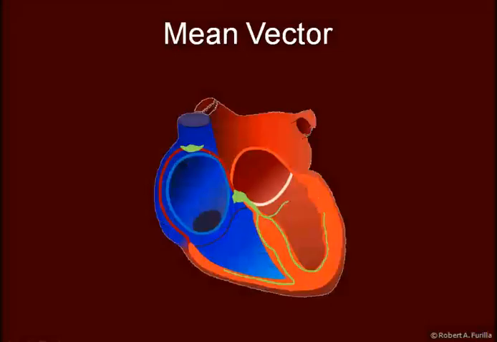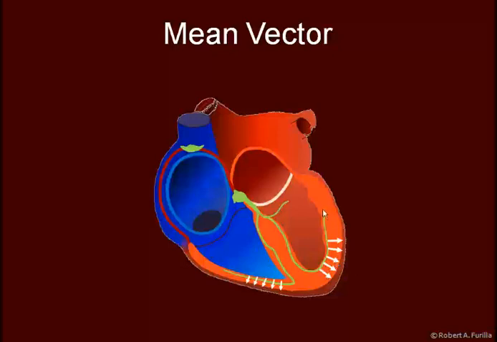In addition to the electrical activity moving down initially through the septum and then down and around, left, right, etc., all the way down to the apex, the vectors also move from the endocardium to the epicardium. In this case, I'm showing the electrical activity beginning in the endocardium and moving toward the epicardium, and this happens both on the left and the right side, and I'll draw a few more in here. One of the things you'll notice is that these vectors, because of the larger muscle, are bigger than these vectors, and therefore the left side tends to overwhelm the right side, giving us a leftward shift to the